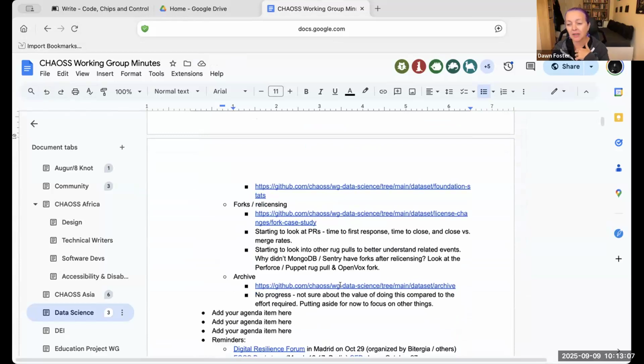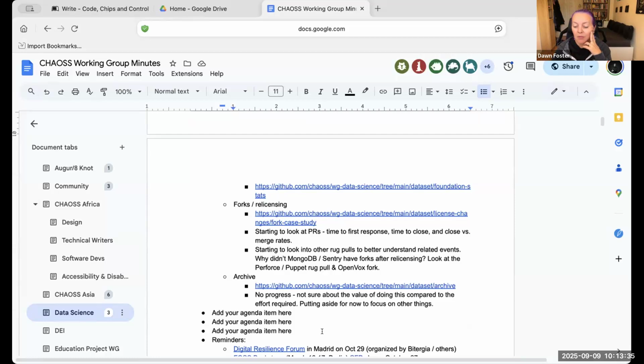I'm starting to look at PRs, so things like time to first response, time to close, close versus merge rates. Because I don't have access to an Augur database, I'm just gathering the data via the GitHub GraphQL API. So I've got most of the data gathered, but I'm having to do all of the hard work that's done in Augur to try and get the data wrangled and handle some of the edge cases. But I'm working on that. So that's where we are right now.